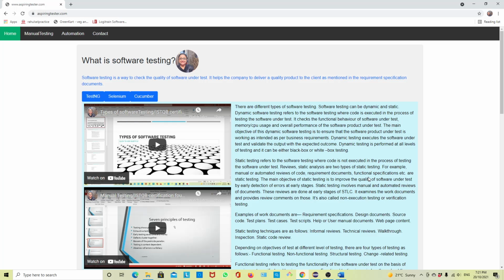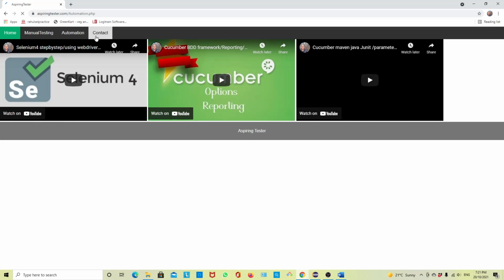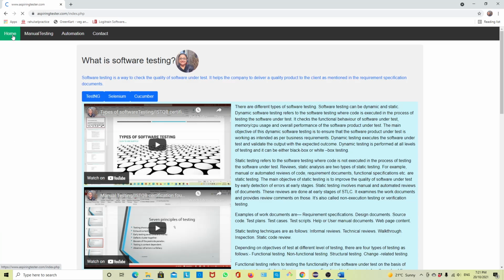Now, today in this tutorial, I'm going to create a Selenium TestNG testing framework from scratch. This is a website, aspiringtester.com. This is under development. A lot of changes are going to happen here. So in future, I will need to do some testing continuously on that, because after every change, to do an end-to-end testing in this website, I want to create a Selenium TestNG